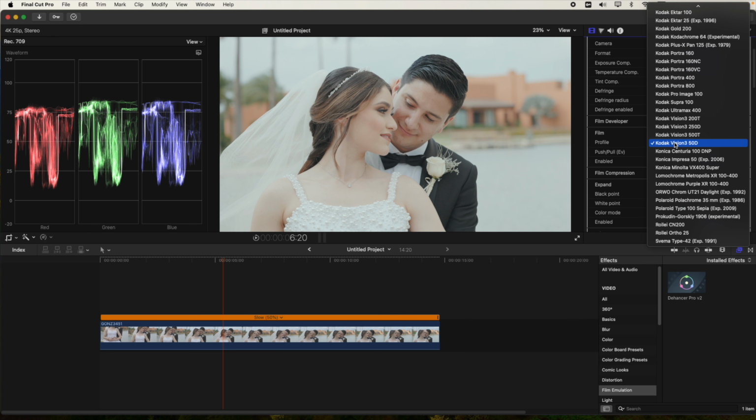So here in Final Cut Pro, I have a clip that I loaded from a wedding. This was shot on the Canon R6 and shot in C-Log. It's 60 frames per second. It's been slowed down 50%. Now, to use this program, once you've already loaded the plugin in Final Cut, you simply come down